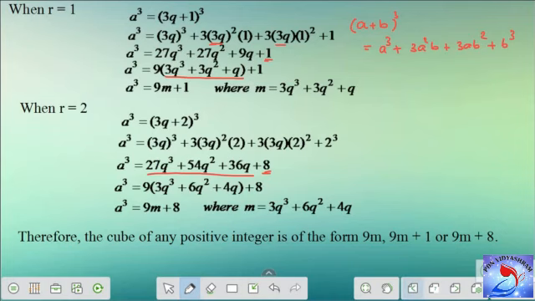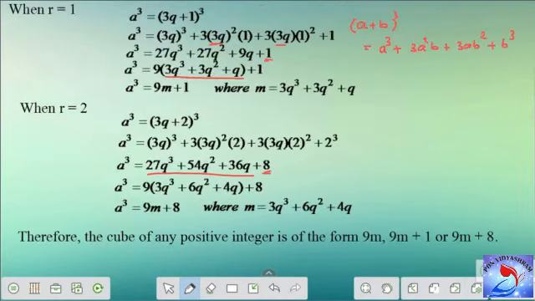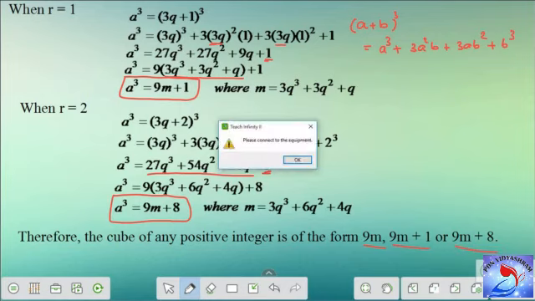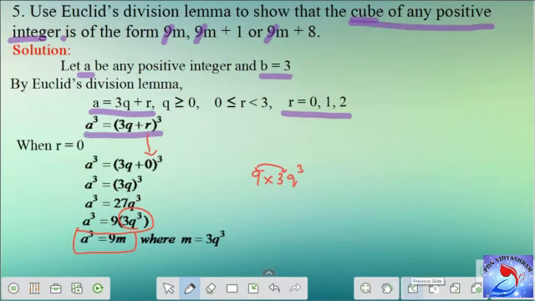Now you can see when your remainder is 0, a cube takes the value 9m. When the remainder is 1, we have a cube equal to 9m plus 1. And when the remainder is 2, we have a cube equal to 9m plus 8. Thus, we see that the cube of any positive integer is of the form 9m or 9m plus 1 or 9m plus 8. In this exercise, we have solved and proved a few problems based on